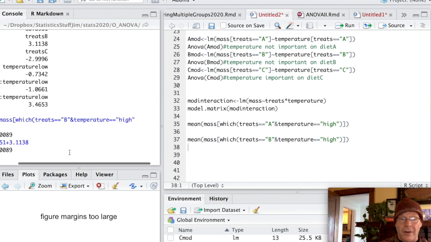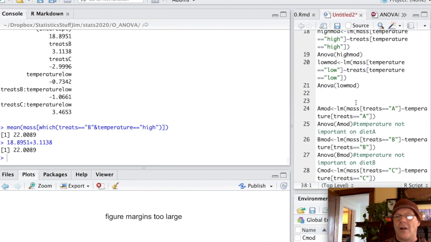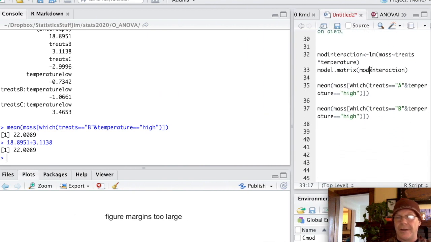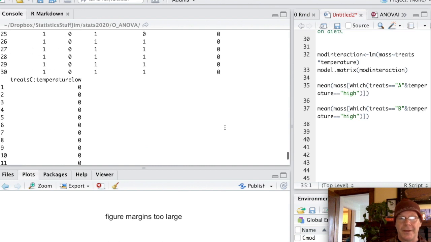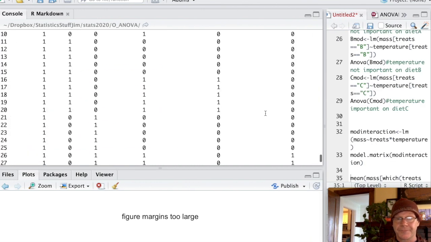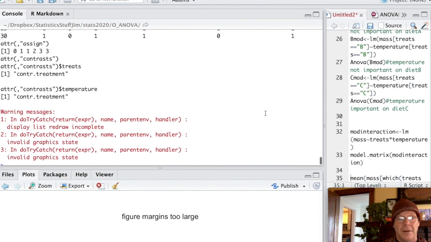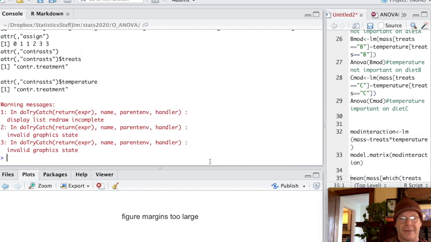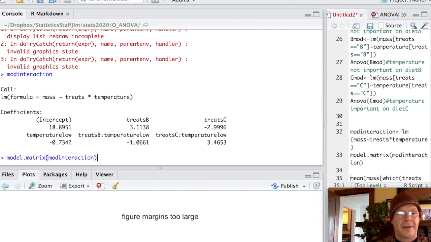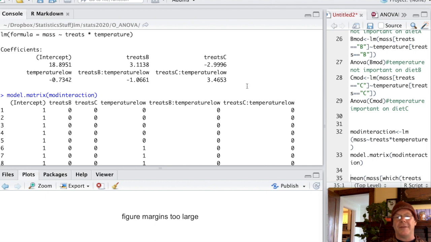And so remember that this whole, am I going to include things or not, that's all that the dummy coding is doing. So we can think about this dummy coding as being a bunch of switches that we're switching on and off. And so we have our model, and we have the parameter estimates of our model. Let's look at the model again real quick. Okay, so here's our parameter estimates, and then here's our model matrix that shows what our